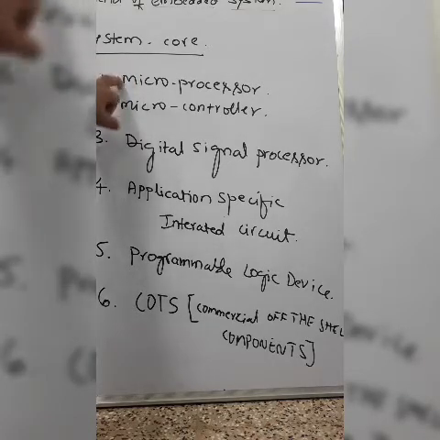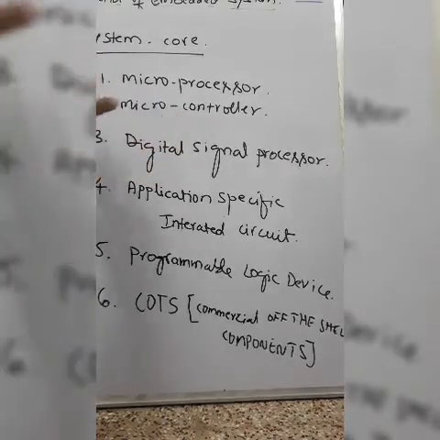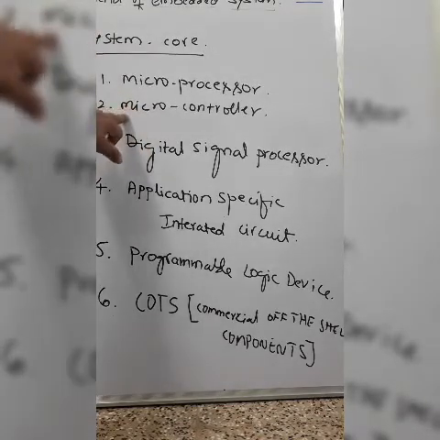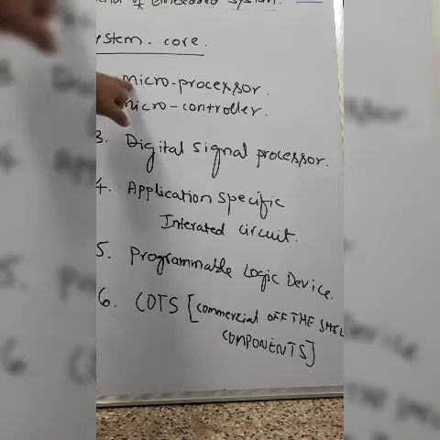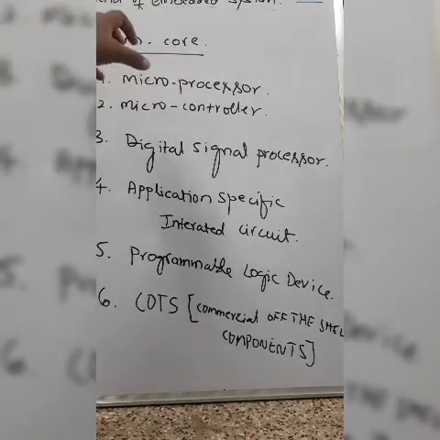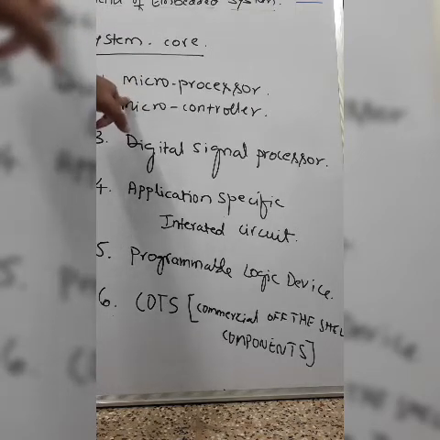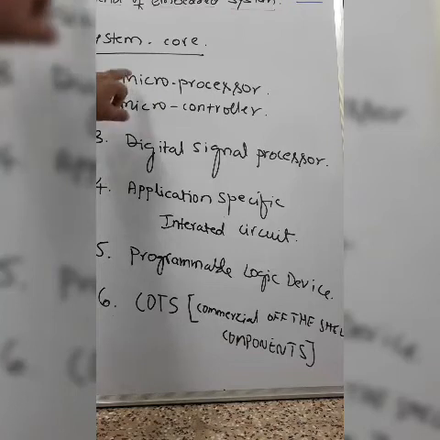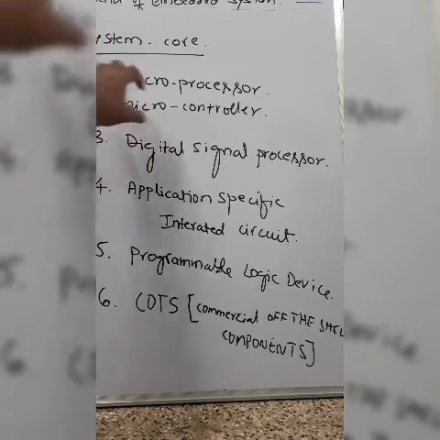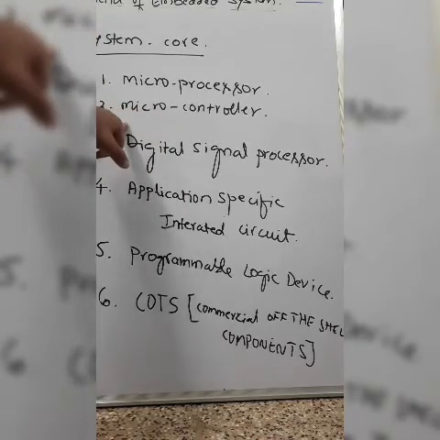You can design your own memory here because you are additionally connecting it. Whereas in microcontroller, you cannot have your own memory being designed. Whatever is provided, integrated, that you have to directly use. In microprocessor developed system, it is heavier and expensive because all the units you are going to assemble. So then it will be expensive also because separately you are buying the ICs. Here it is lighter and also economical because many units are integrated into it. So you will buy it for a less expensive cost.